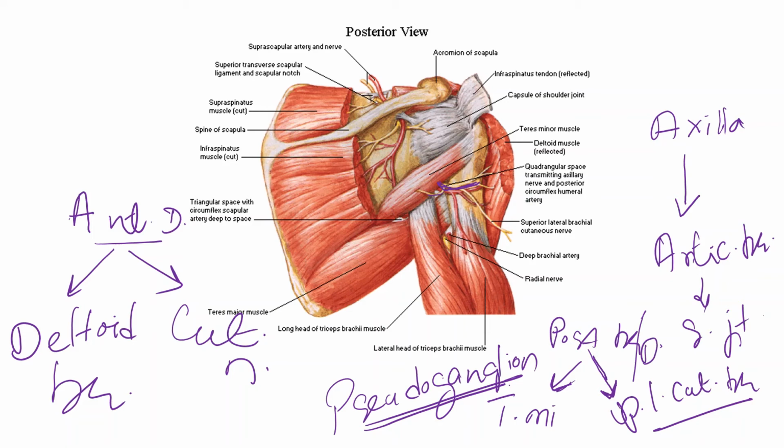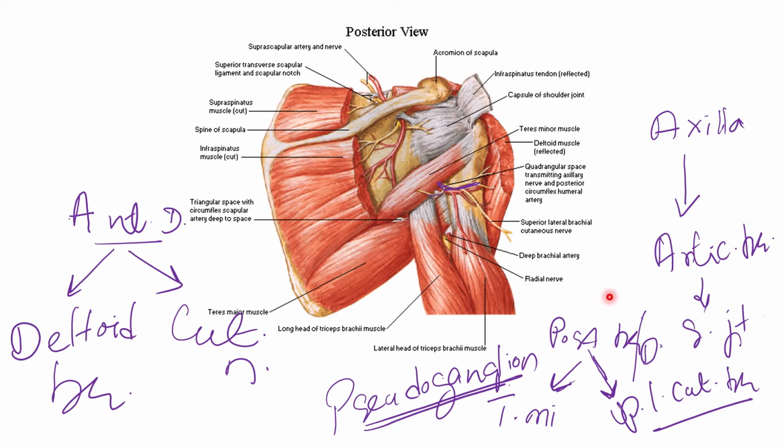So I repeat the fate of the two divisions of the axillary nerve. The axillary nerve is seen dividing into its two terminal branches, that is the anterior division and the posterior division. The larger one is the anterior division. This anterior division, once it arises, gives two branches, that is the deltoid branch supplying the deltoid muscle and a small cutaneous branch to supply the skin over it.